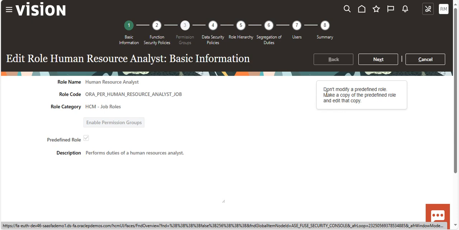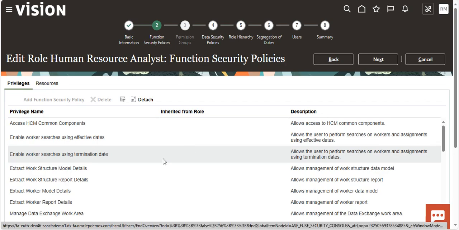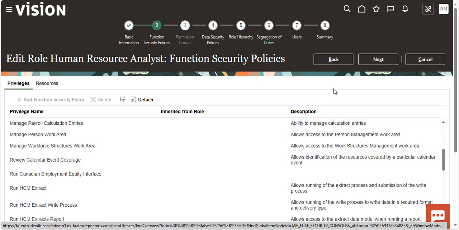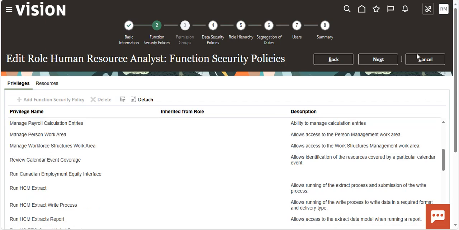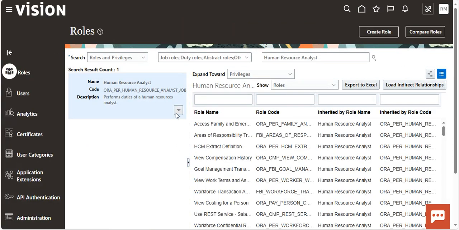But in production environments, we don't modify the predefined role. Make a copy of the predefined role and edit that copy. So Oracle predefined roles we can't edit or modify. So we can take one copy of the predefined role and change it whatever we need. We can customize on that. Okay,